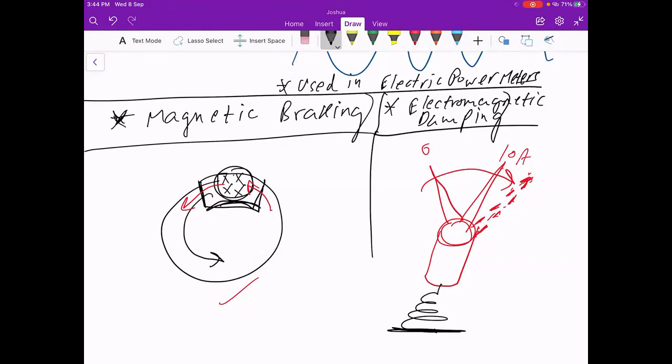concept, and there it just settles faster, so it saves time for taking the reading. Also, it's less annoying to see what is the value of the current there. So you can use electromagnetic damping, for example. Okay.